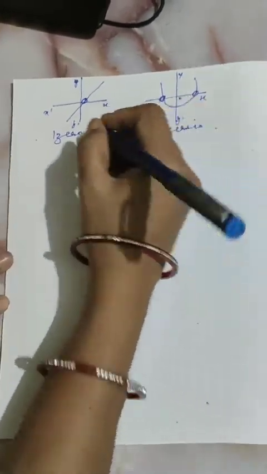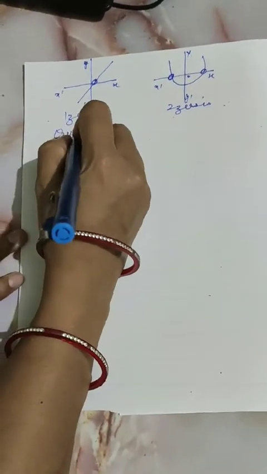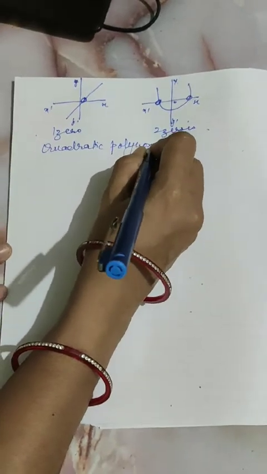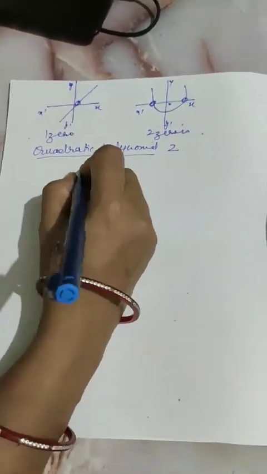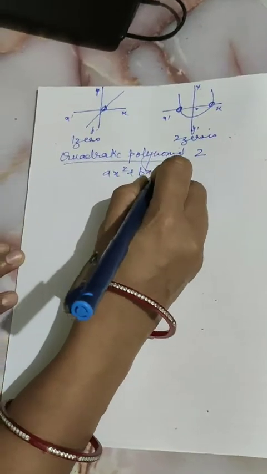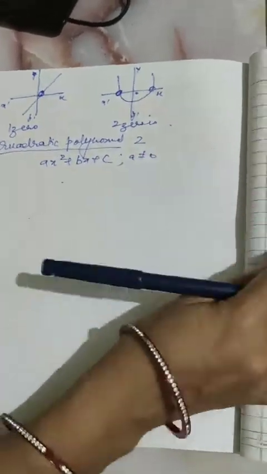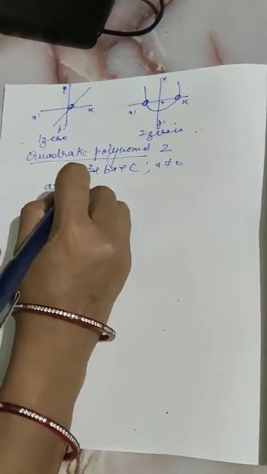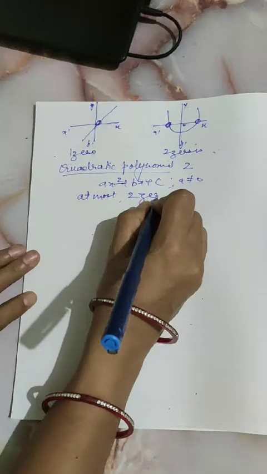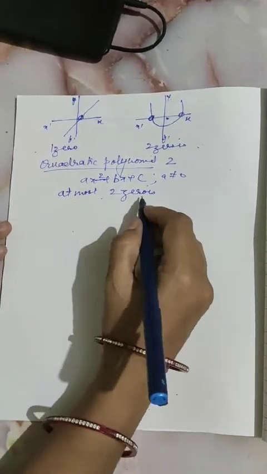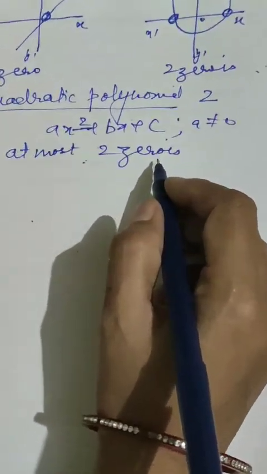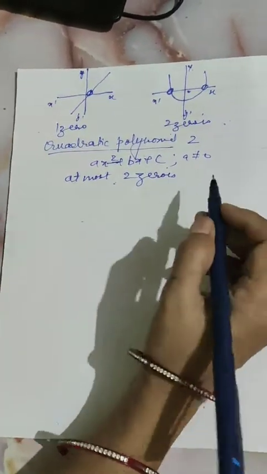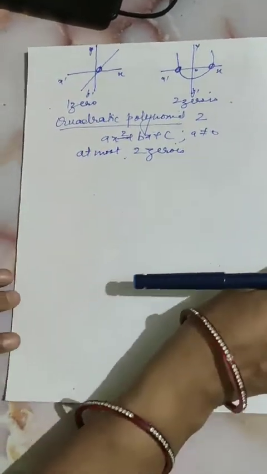Further, I explain by taking a quadratic polynomial. Already I told you the degree is 2. Its general form is ax square plus bx plus c, a not equal to 0. So the degree is 2, so it can have at most 2 zeros. Maybe it has no zero, 1 zero, meaning same zeros, x equal to 1, x equal to 1 for example, or 2 different zeros. I just explained it geometrically.